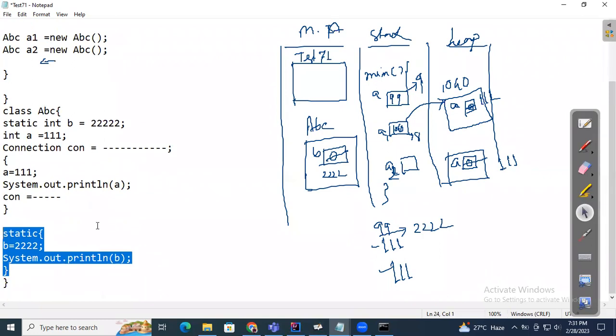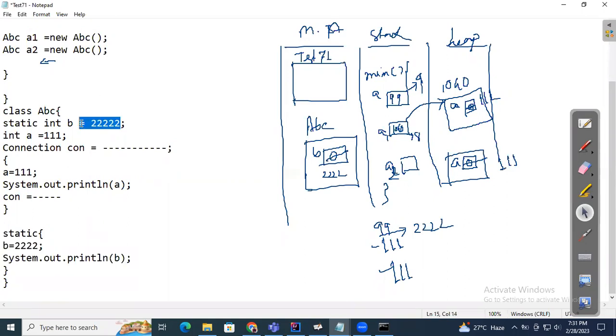If you have multiple instance and static blocks, all will be executed in the same order in which they are defined in the class. Okay, in which order they are defined in the class. Another important point you remember. Okay, currently it is till this done. Next is